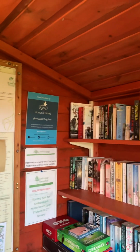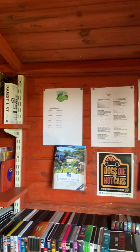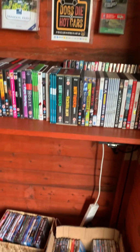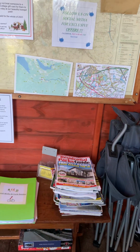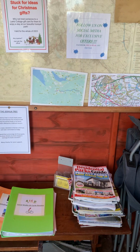How about this then? Books, plenty of books, nice reading, loads of DVDs, and there's even, if you've forgotten your chair and you want to borrow a chair, jigsaw puzzles, lots of residential parks guide magazines to have a look at,